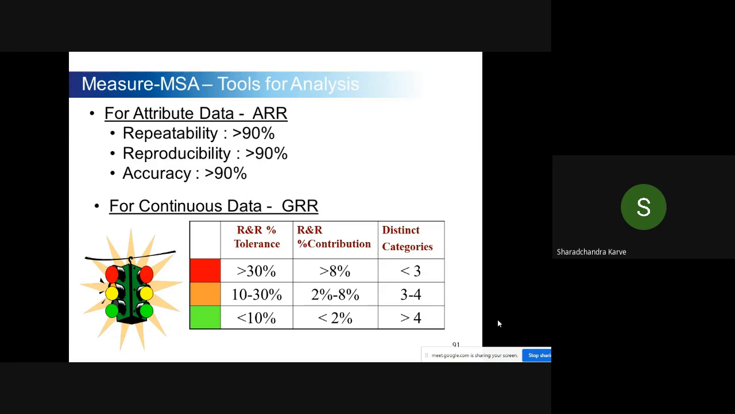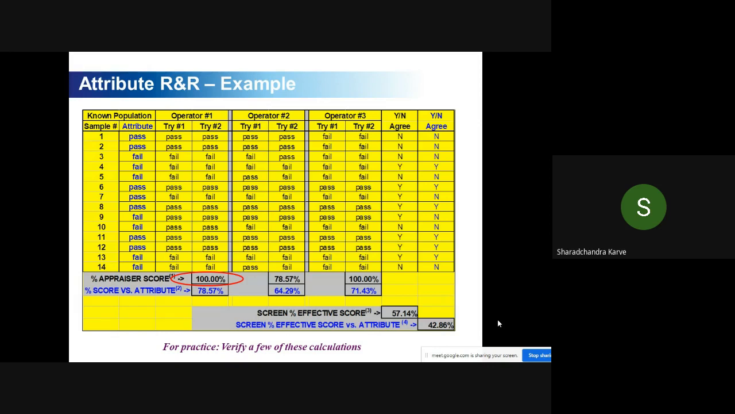So let us look at an example. Next slide, please. This is an example of attribute data. This is an actual example of discrete data. Please understand, one bottle is being produced. I am giving a very simple example of a bottle. You can look at a Coca-Cola bottle, etc. So a bottle is being produced, and whether this bottle is okay or not okay